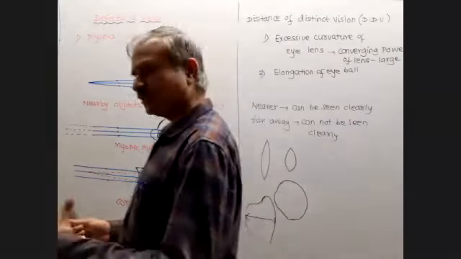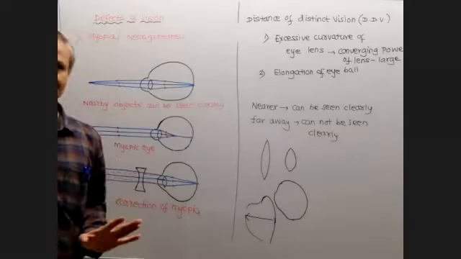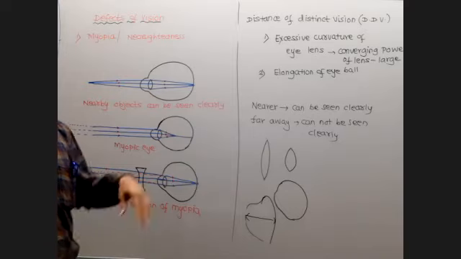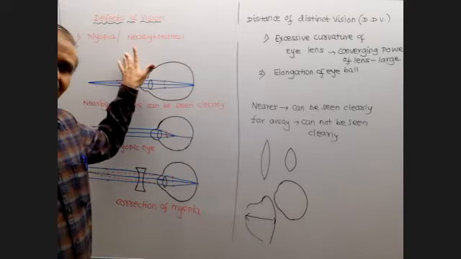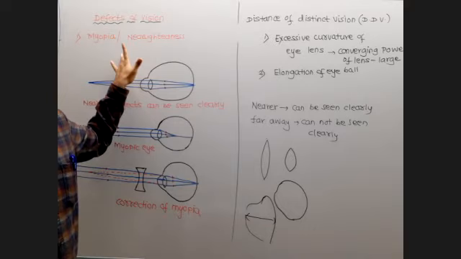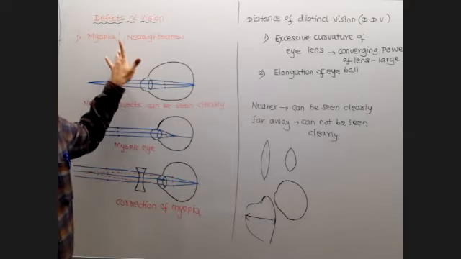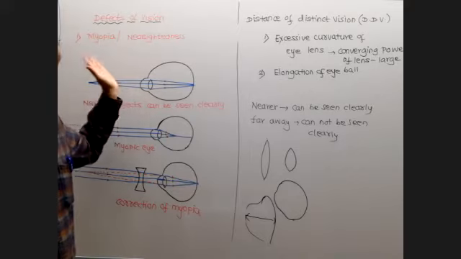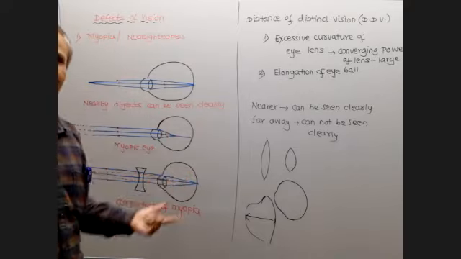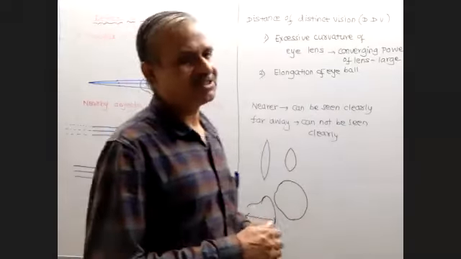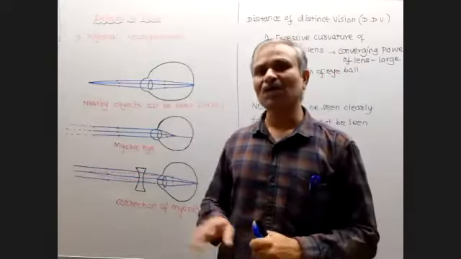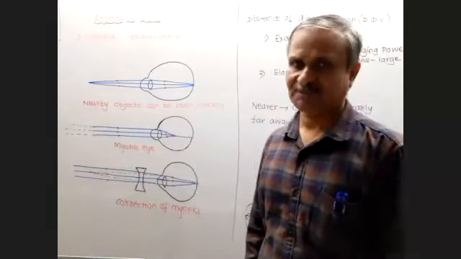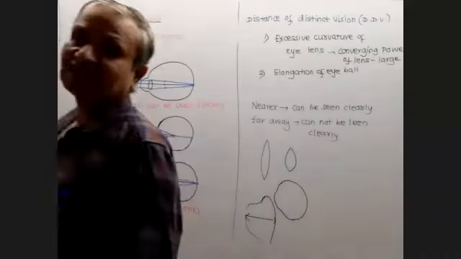Generally, this can be asked as a big question for full marks, but they will not ask directly like this. First, they will ask you to draw the diagram. Then, which lens is used to correct it? Then, what are the causes? Then, where the image is formed, before the retina or after the retina. So prepare small questions on that, but all the answers will be in this particular description, how to mention regarding myopia.